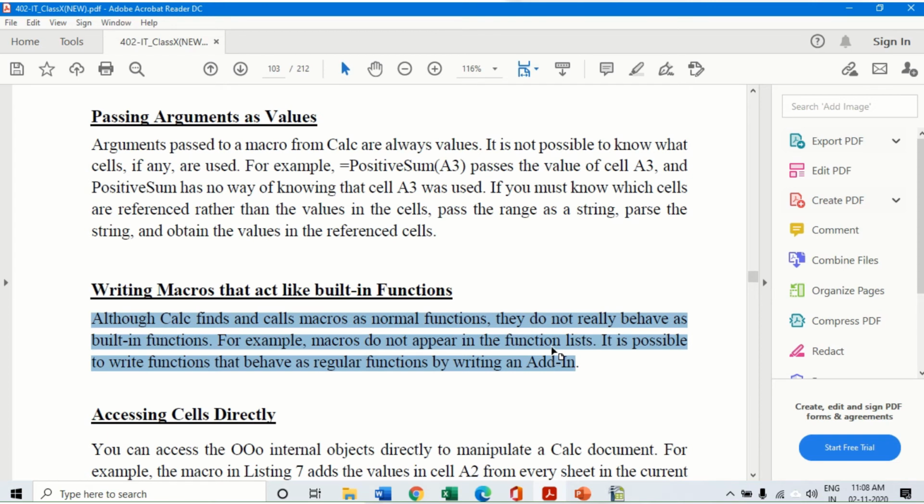It is possible to write functions that behave like add-ins. If you want to make a function which is like a regular, built-in function, then you have to write it as an add-in, which makes it a built-in function. So this we are not going into detail. The only thing they are telling us is that we can write add-ins with the help of which we can add our function also as a built-in function into the Calc sheet.